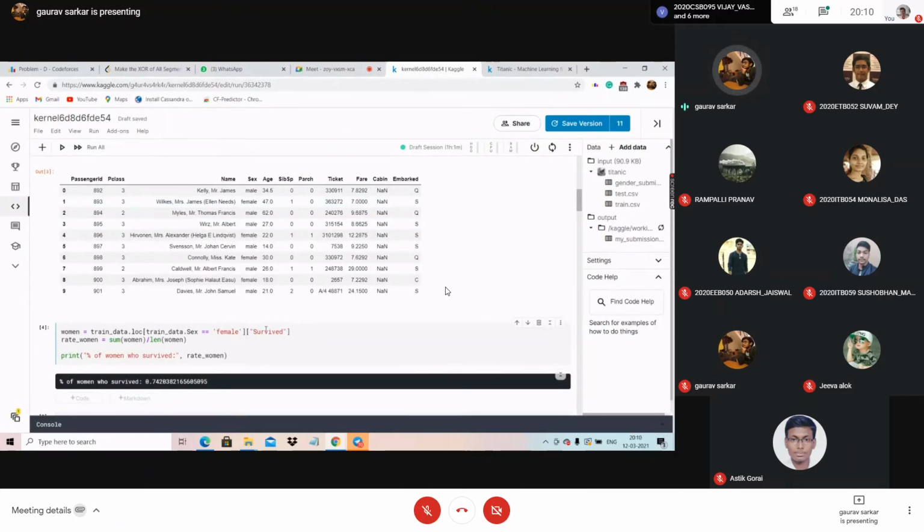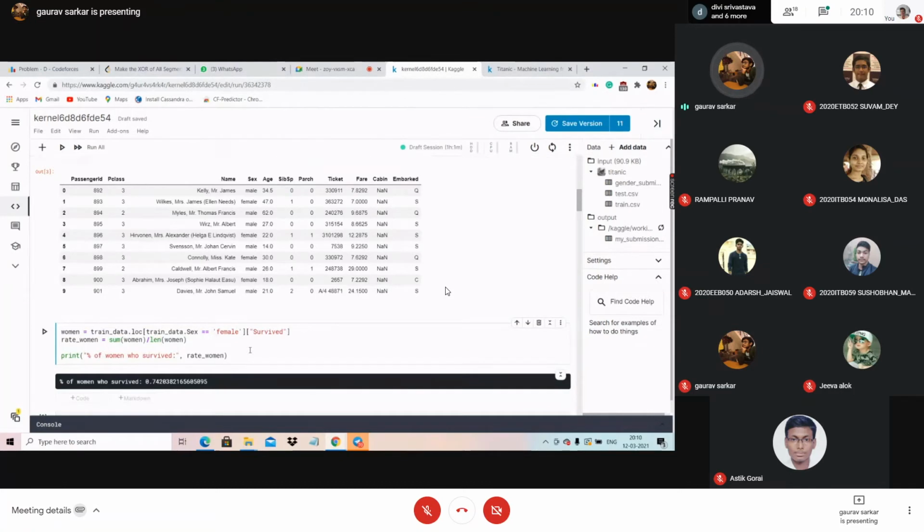What it means is we are finding all those persons who are female as well as survived. Suppose the person is a female and she survived. That is being stored in this woman variable.